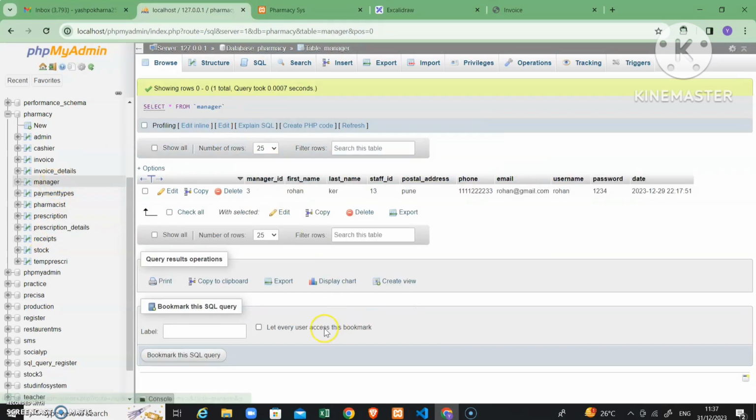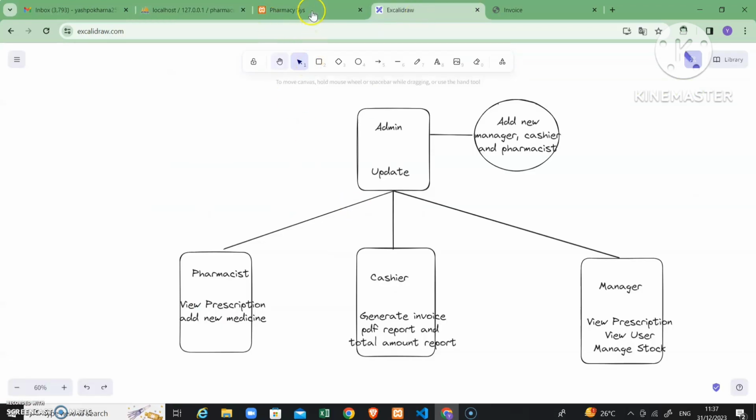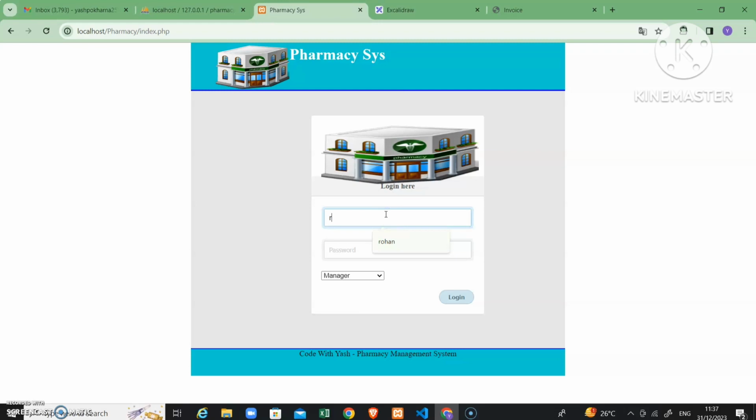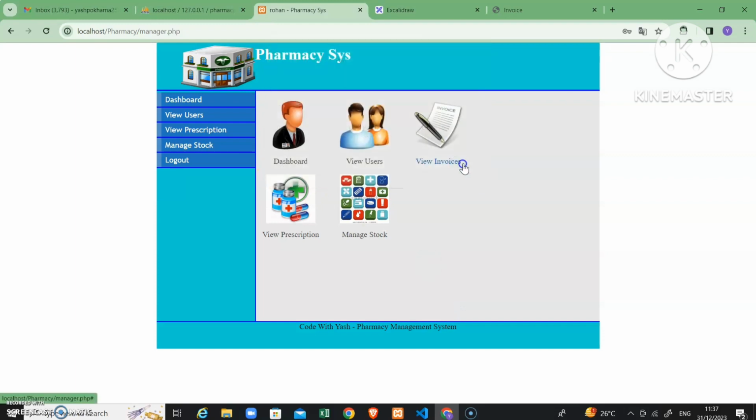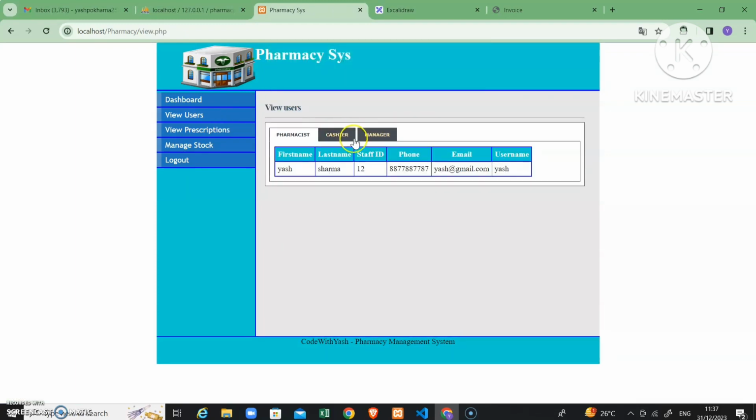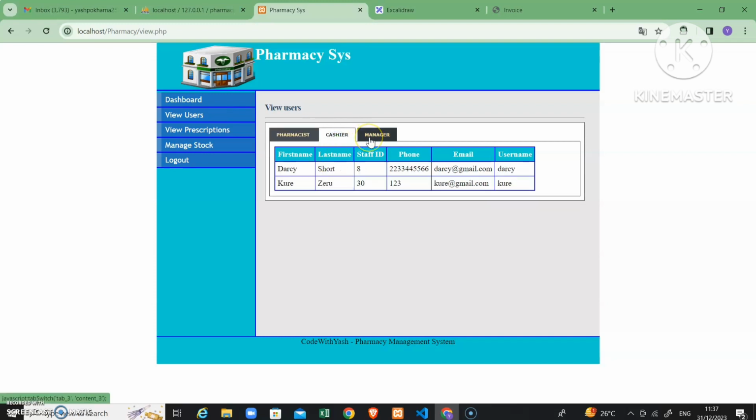So this is the database, MySQL database. In this manager panel, the manager can view users, view prescriptions, and manage stock. In view user, he can just see, not update or insert, in any of these panels.